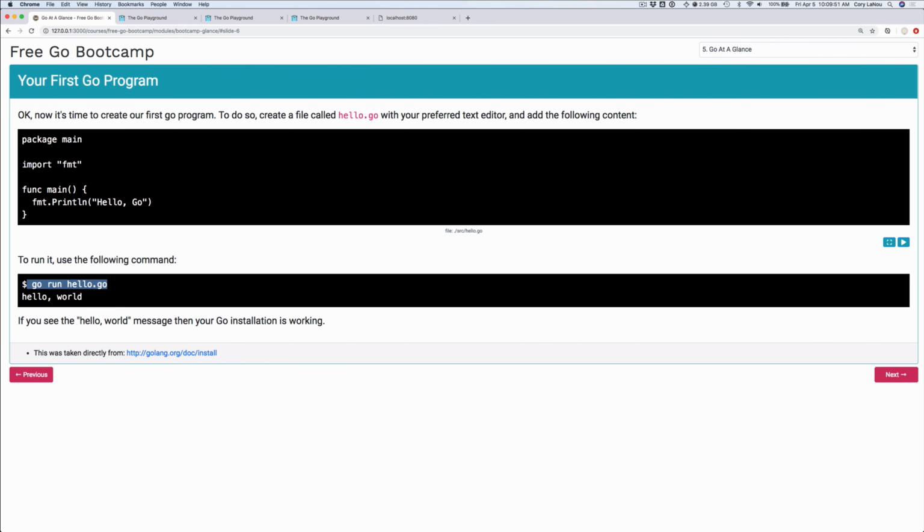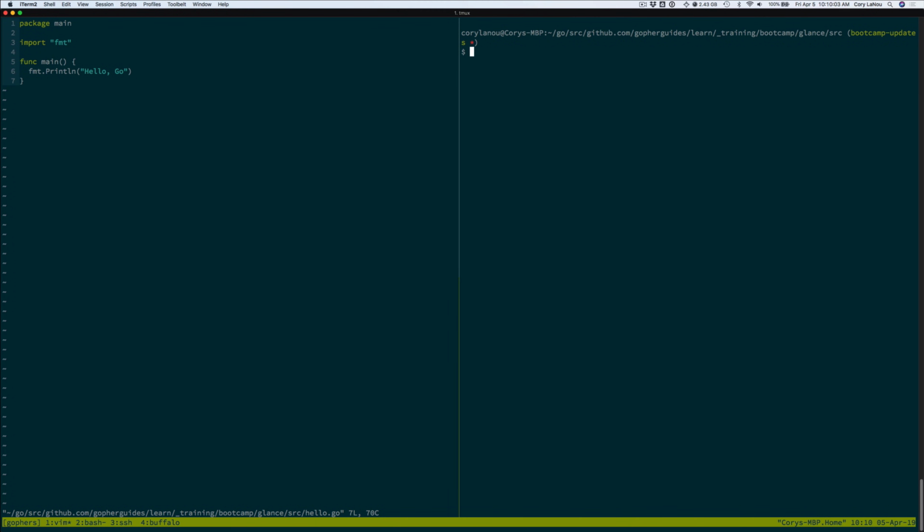So if I copy this right here. Okay, so here's our hello go program. If I want to run that, I say go run hello.go. And there it is, runs the program. Now, when we think about what happened here, this is actually very interesting. From the time that I said go run hello.go, it looked at the source code, compiled it to a binary, and ran the binary and showed me the output.